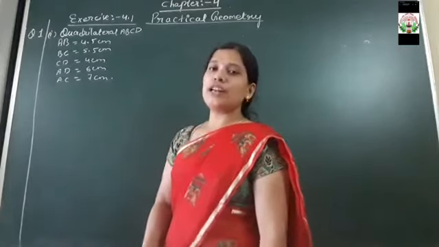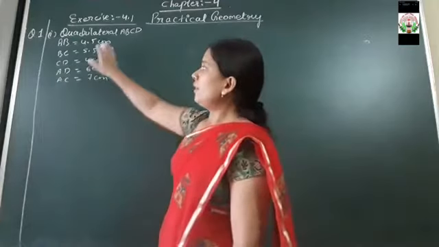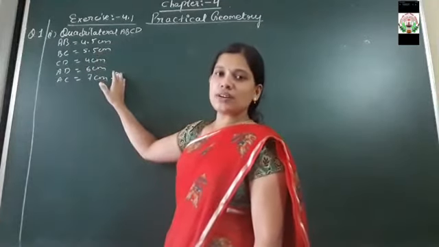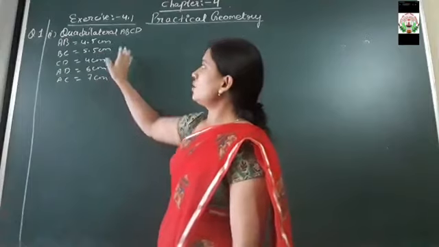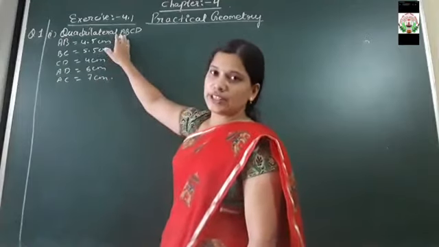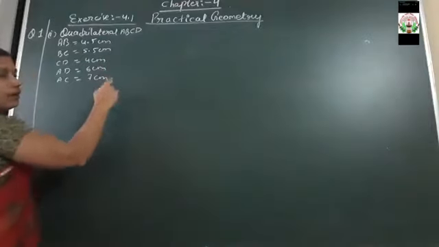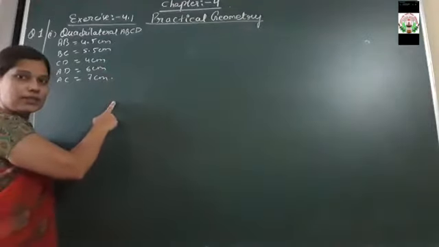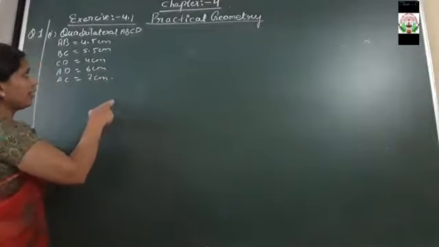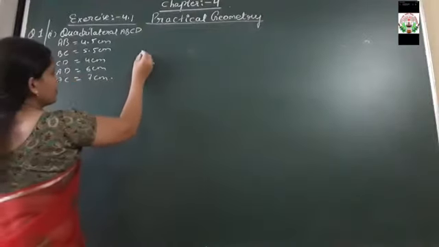A quadrilateral's values are given over here. With the help of this measurement you have to construct the quadrilateral. And the name of the quadrilateral is ABCD. Okay. So our first step is to construct a rough sketch of the quadrilateral. यहाँ पर सबसे पहले क्या करेंगे, quadrilateral बनाएंगे और उस quadrilateral का एक rough sketch बनाएंगे.